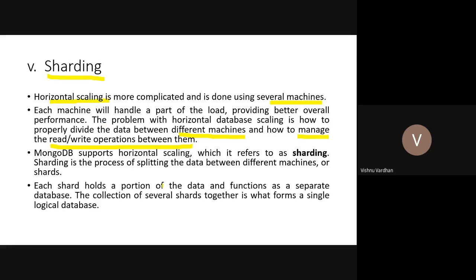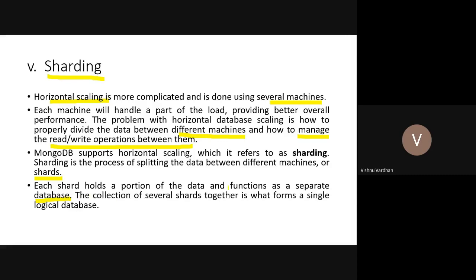MongoDB supports horizontal scaling, which is called sharding. This process of splitting the data between different machines gives us the shards. Shards are nothing but partitions, and these partitions hold data which is distributed across different servers. Each shard holds a portion of the data and functions as a separate database in itself.